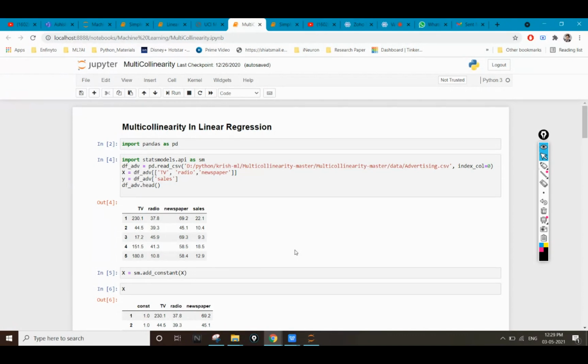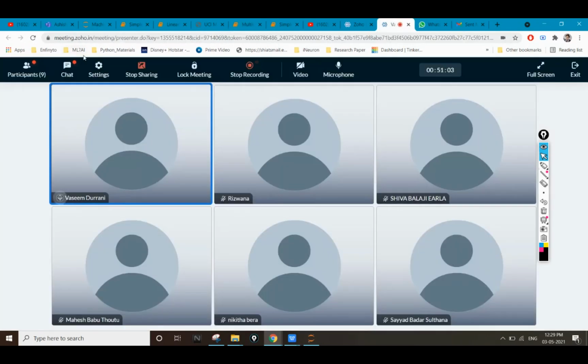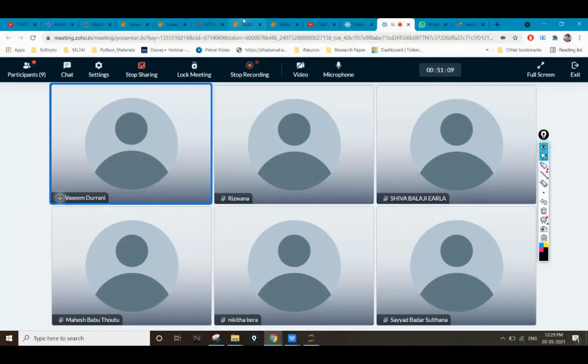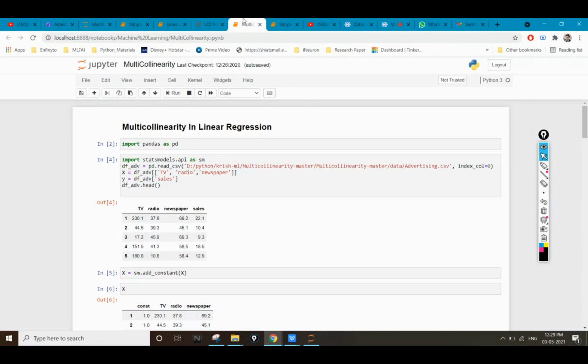From the stats documentation which I have given to you, you can see what is collinearity. Yeah, we can drop some of the features if their collinearity is high.